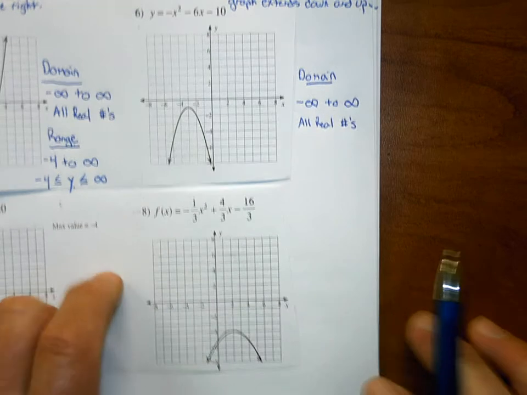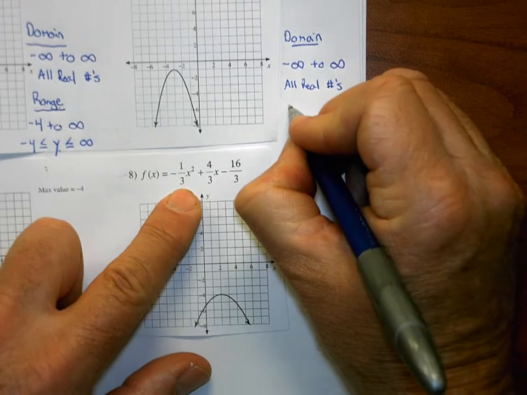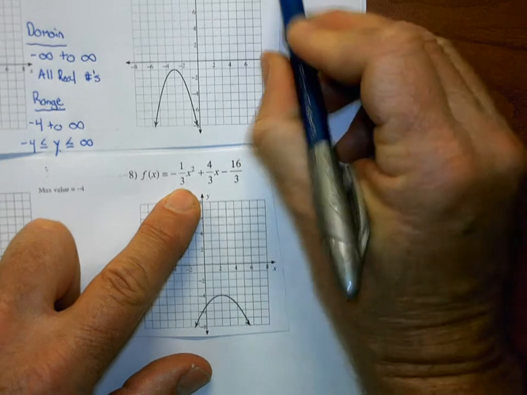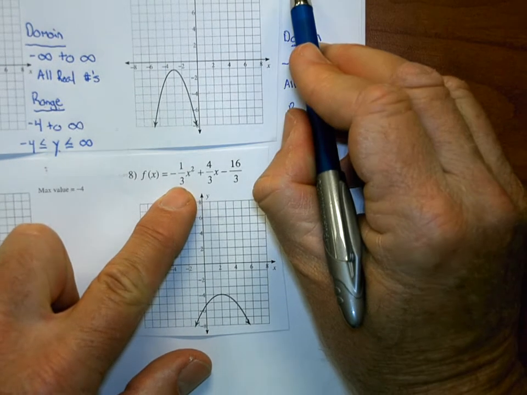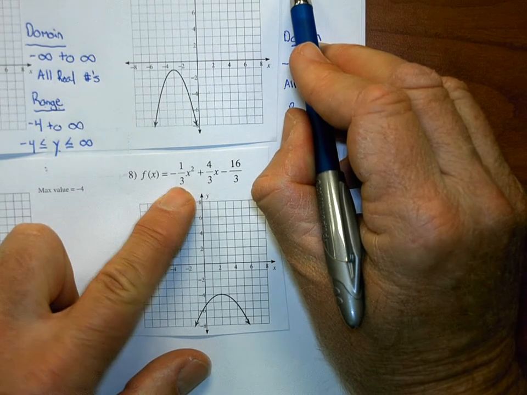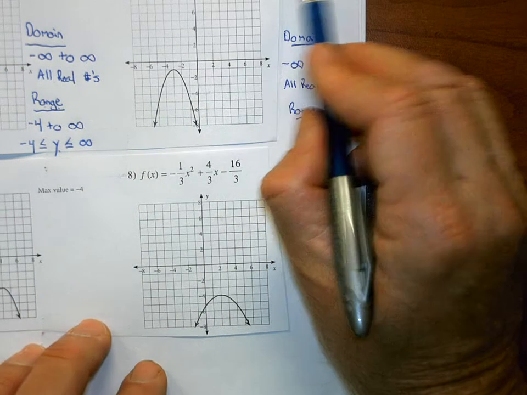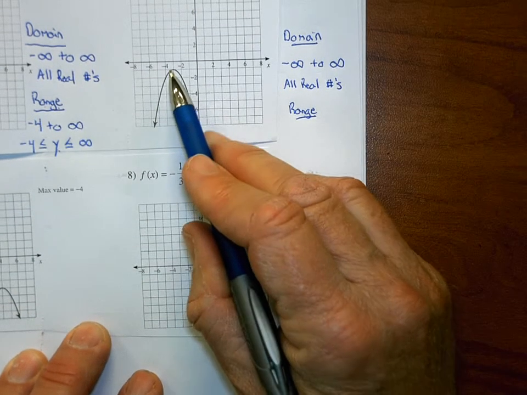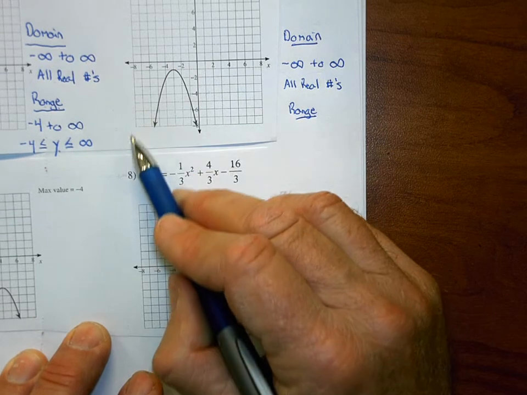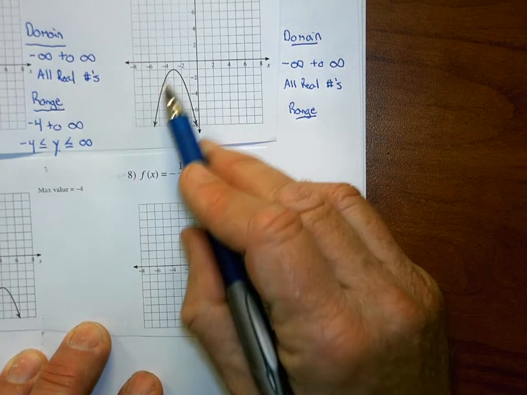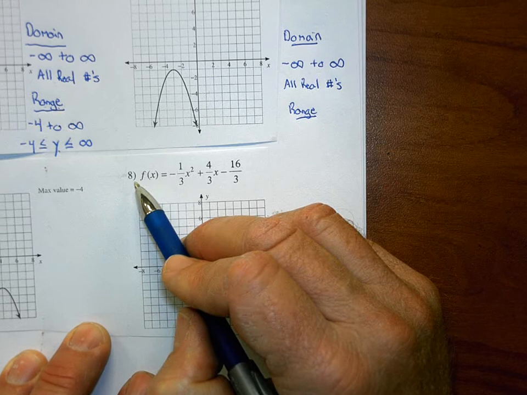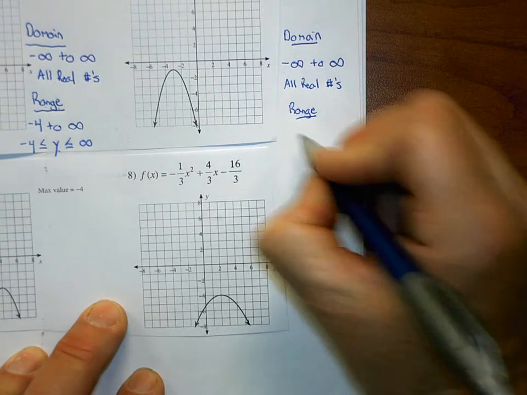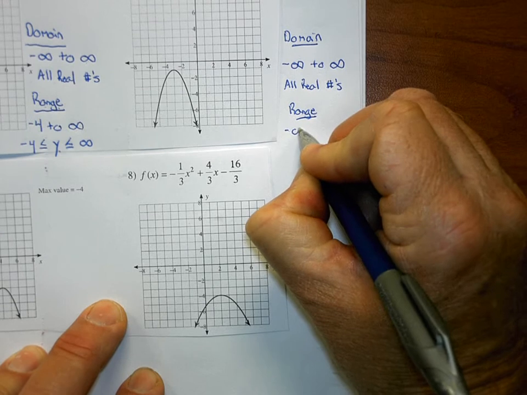Okay, now let's go to the range. Remember, the range is a comparison of how far the graph extends down. It's always down first and then up second. So, how far does this graph extend down? Infinity. Does the graph keep going down forever? Yes. That'd be negative infinity. So the range is negative infinity